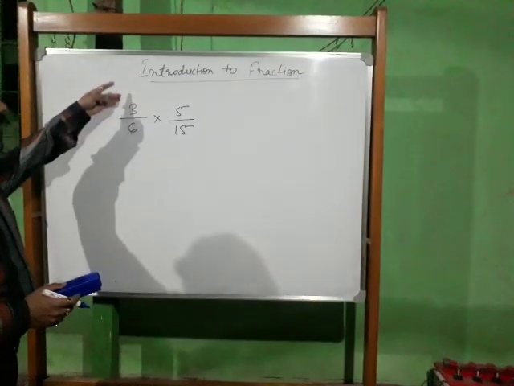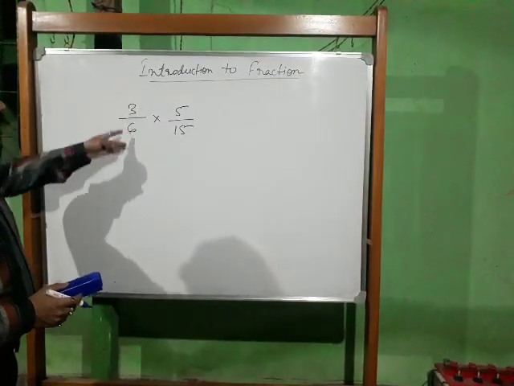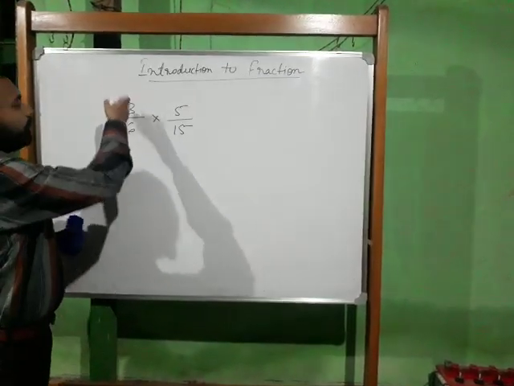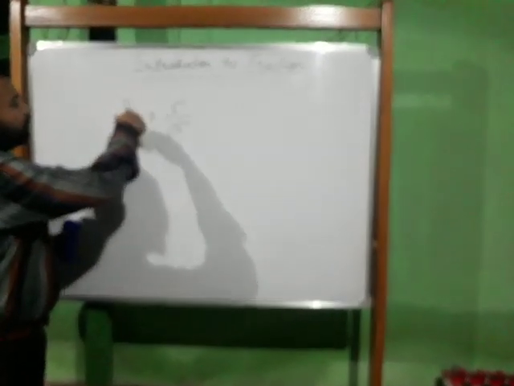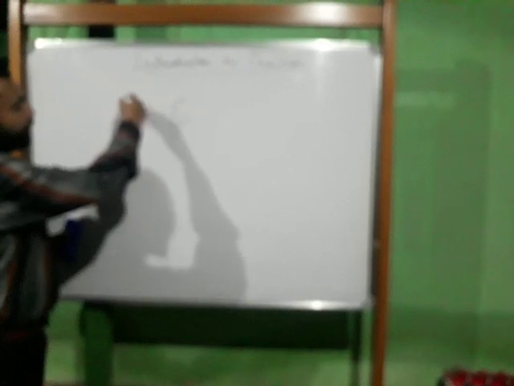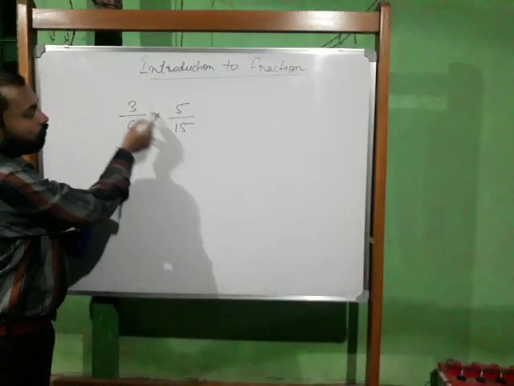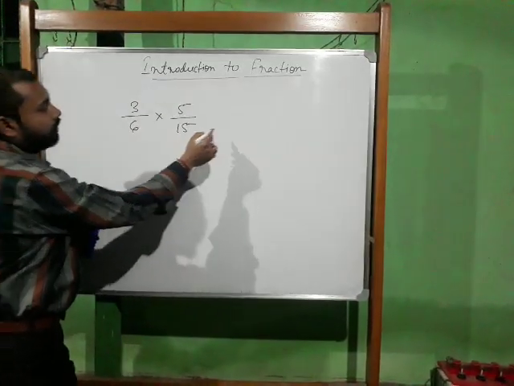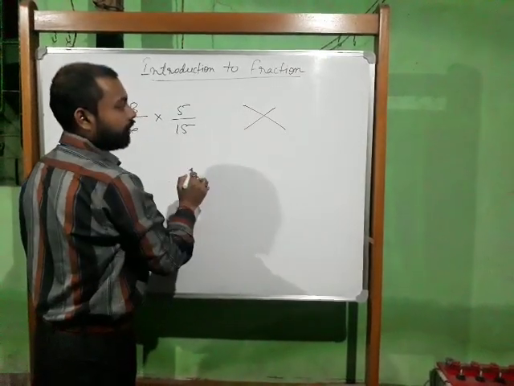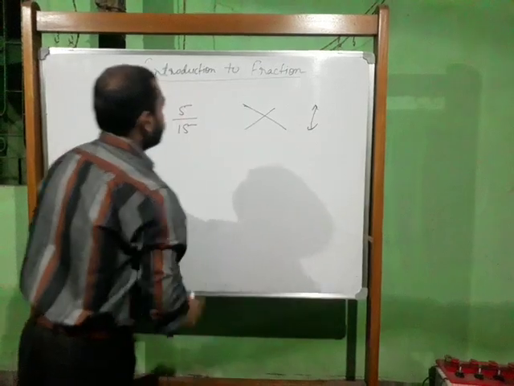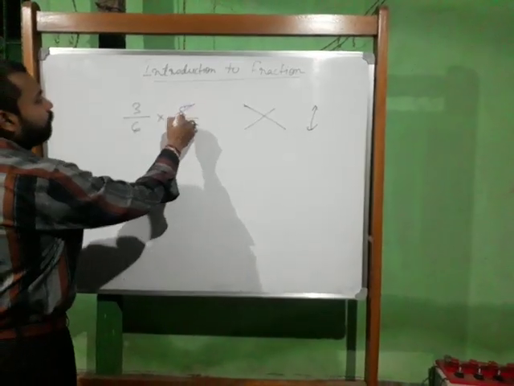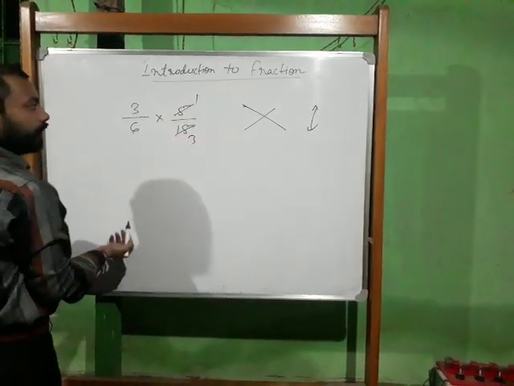You can reduce either upward or downward, that is, numerator with denominator of the same fraction, or crosswise, like this. Okay, these things can be done. So if I reduce here, 5 1s are 5, 5 3s are 15, you can reduce. Again 3 1s are 3, 3 2s are 6.